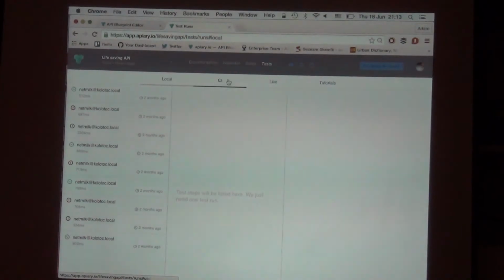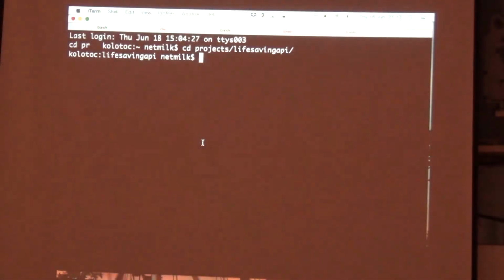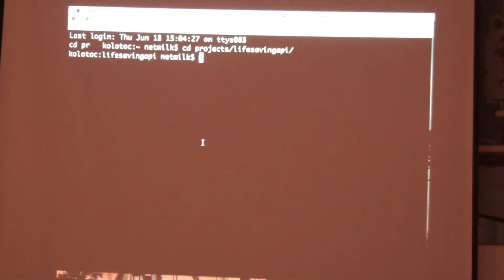And when I go to the tutorial and follow the tutorial, I will skip this install command, but I will continue with this most important Dredd initialization command. I will run my